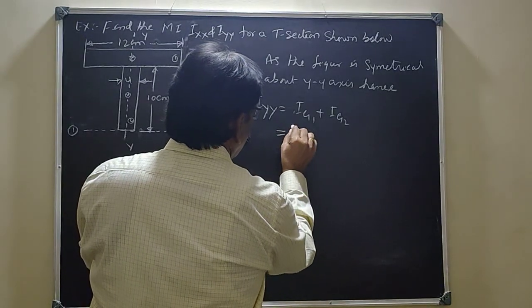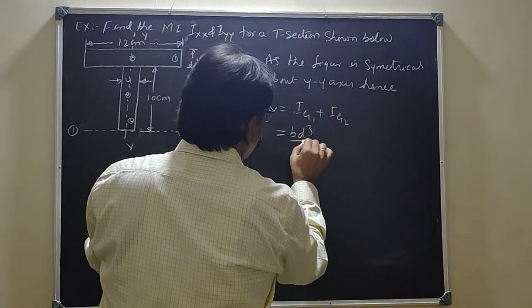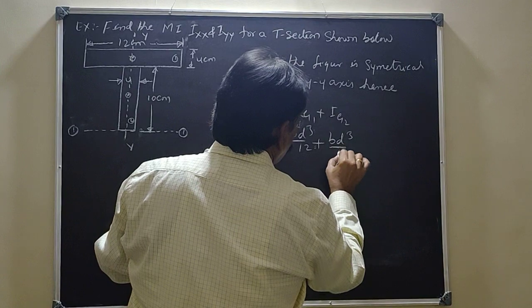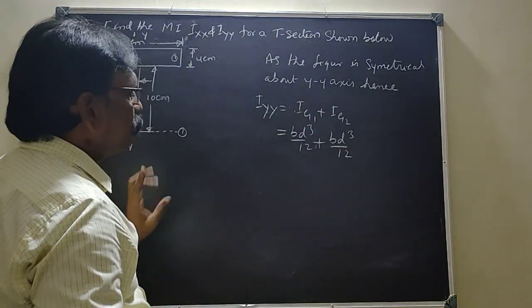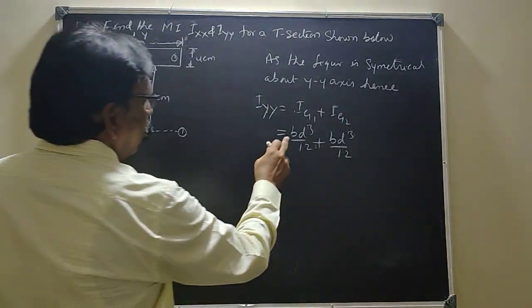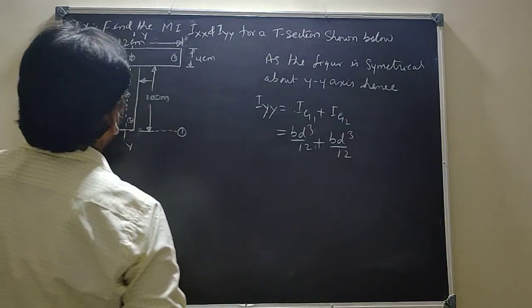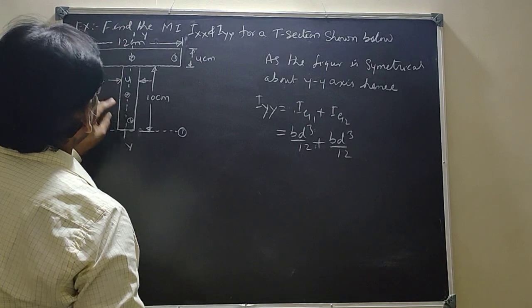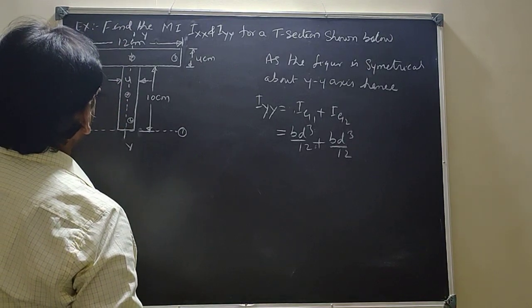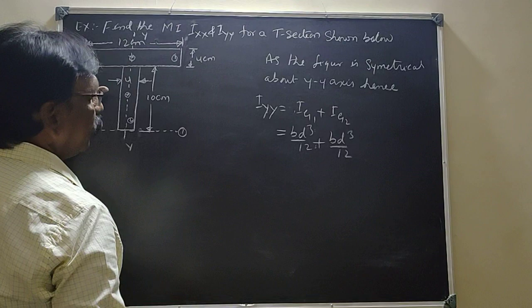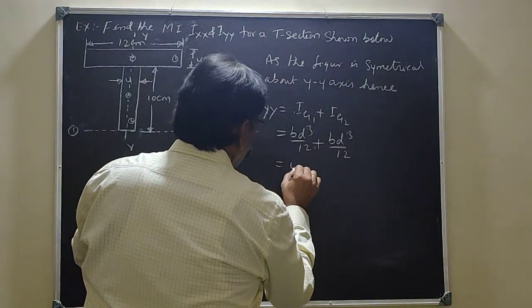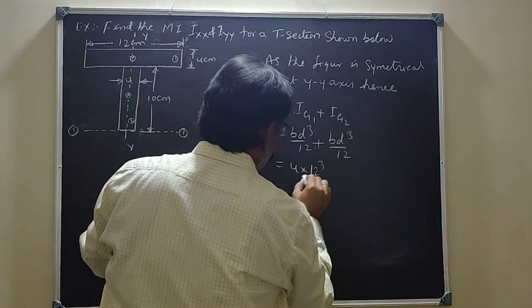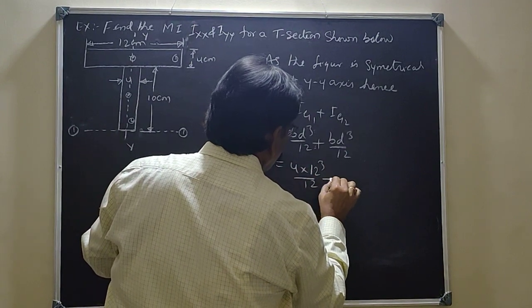So the general formula is BD cube by 12 plus BD cube by 12. Here B is the dimension parallel to the reference axis about which we want the moment of inertia. Now this is the y axis, so the side parallel to it will be B. So 4 into D is 12, 12 cube divided by 12, plus